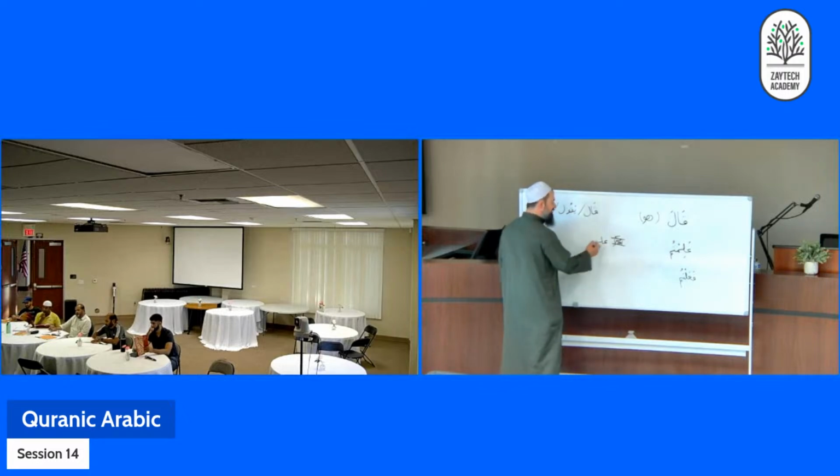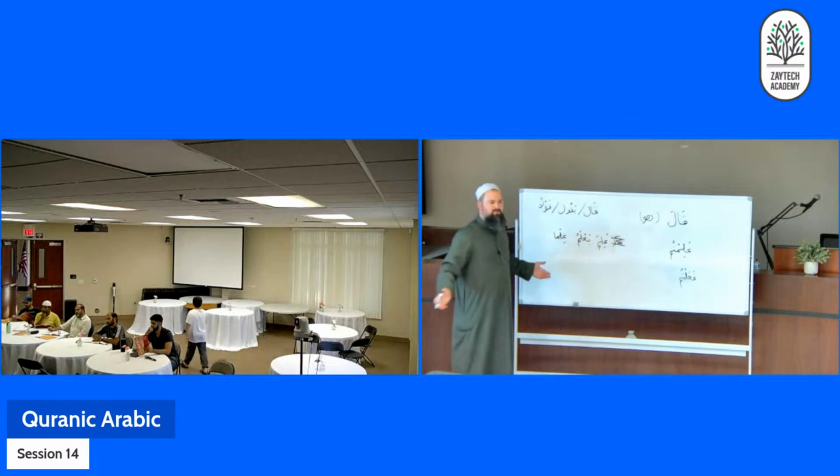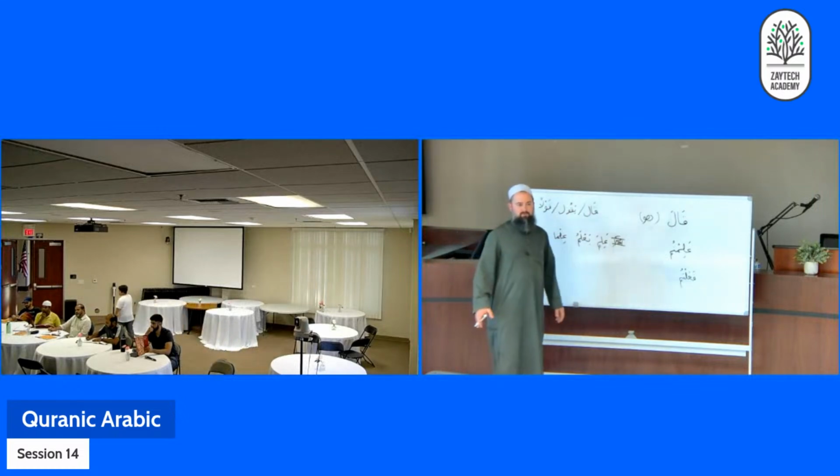So I need to know it's alima, ya'lamu. Okay, it has a fatha here and a kasra in the past. And then the verbal noun is ilman. Ilm. Otherwise, how do I know what it is? This was qawl, this is ilm. How did I know it was going to be like that? I don't know.